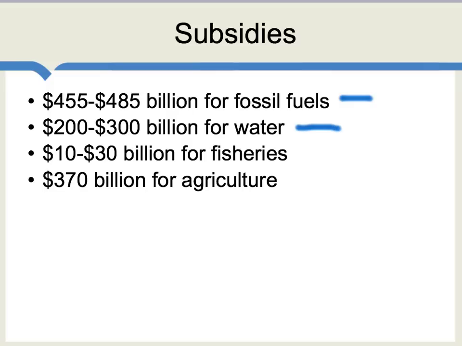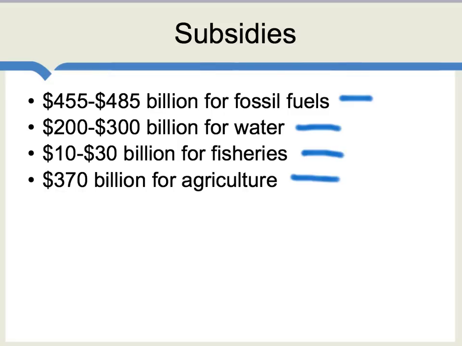There are subsidies for fisheries, running in the neighborhood of $10 to $30 billion, and that usually involves an overuse of those fisheries and an inefficient rate of running down fish stocks. And there are $370 billion worth of subsidies for agriculture, and those often end up being subsidies to, indirectly, environmental